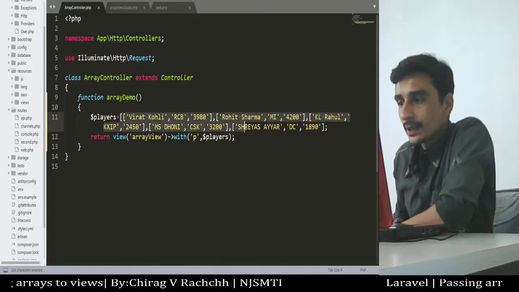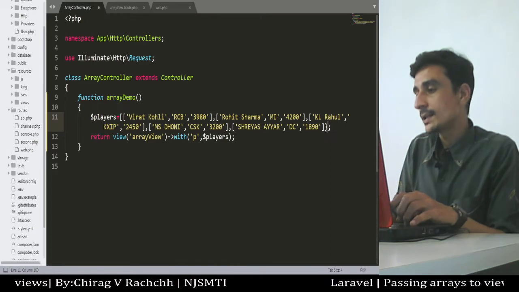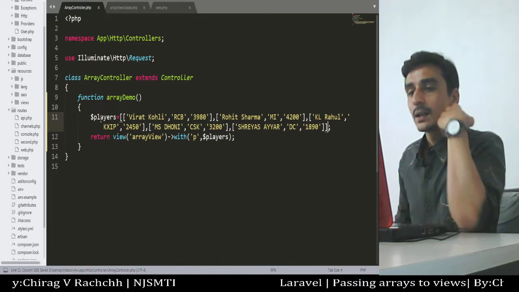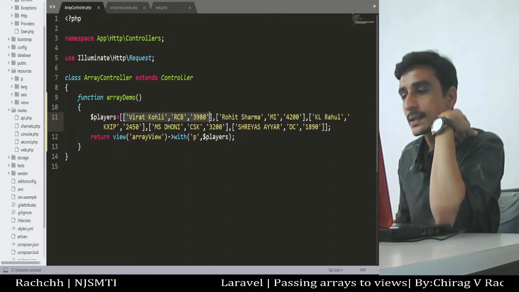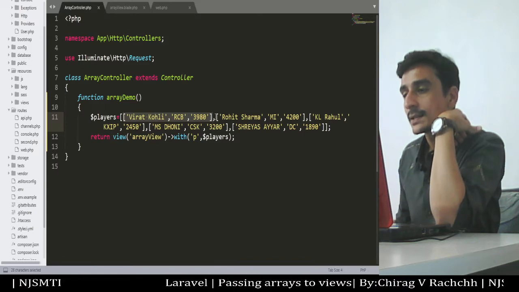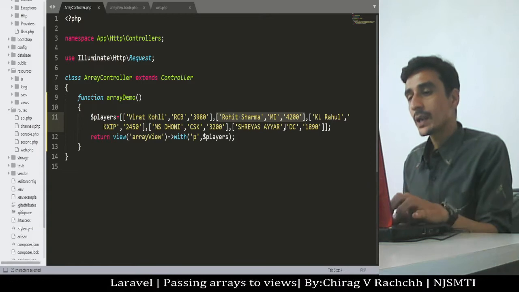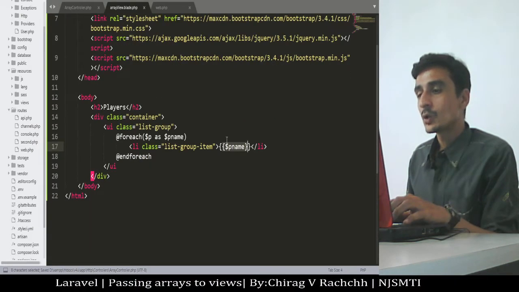Now what happens here, our array is like that. This is entirely an array such that each element of this array is itself an array. So if you see here, the array is players. The first element of this array is itself an array which has 3 elements. Similarly, the second element is also an array which has 3 elements. Now how can we access this array in our view? Let's go back to the view.